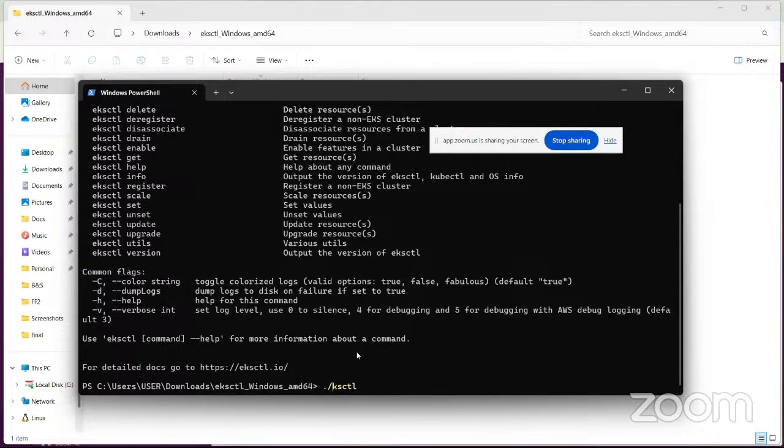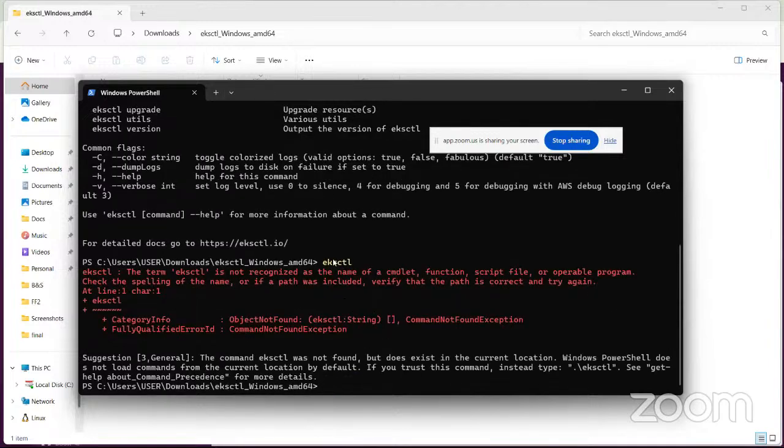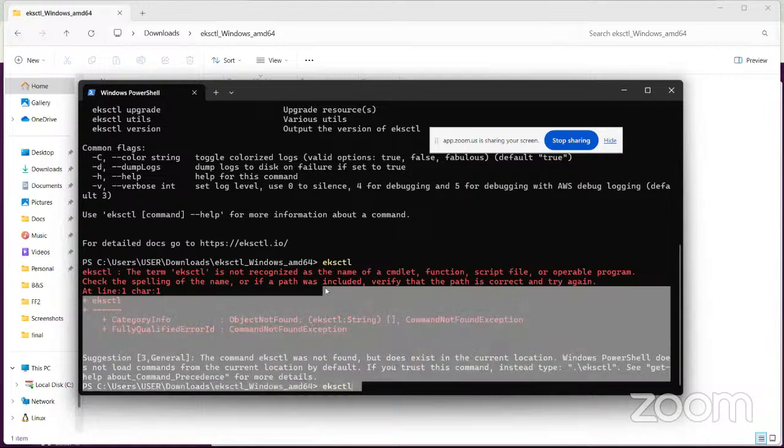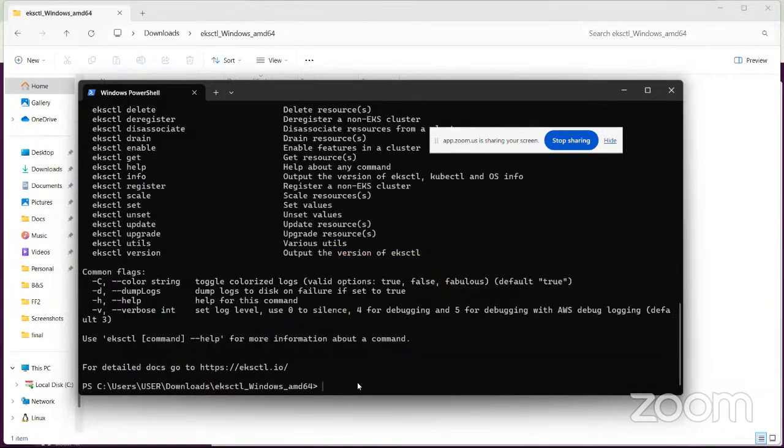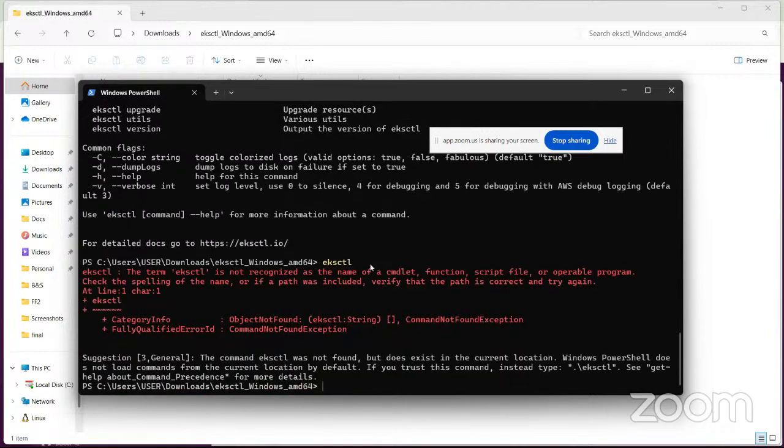But if I remove this dot and slash, what will happen is it will tell me that it does not recognize EKSCTL. So the major reason why we tell people to add things to paths is because we want you to be able to use this EKSCTL anywhere. We want you to be able to use it without having to do this. So when you do this, because you are in the folder that the EKSCTL is present, it will work. But immediately you remove the dot and this forward slash and you just do EKSCTL, you see that it is